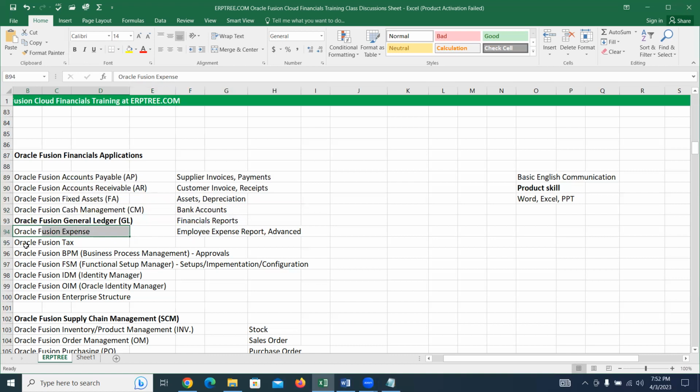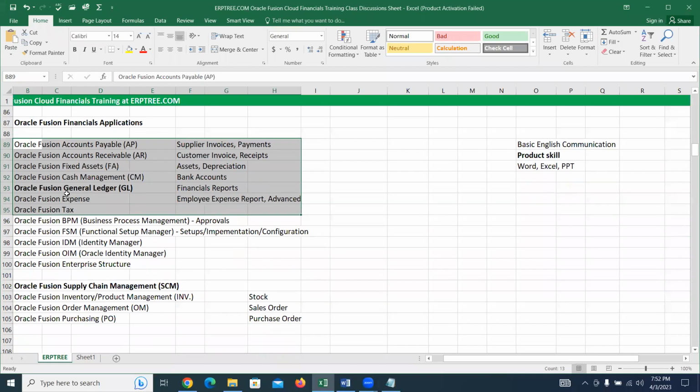And by using Oracle Fusion Tax, when you record transactions in AP and AR, if tax is applicable, you can do the tax setups. You can set the tax accordingly. Wherever tax is applicable, the system will calculate. So these 5 are core applications, these 2 are additional applications. We are going to learn this.